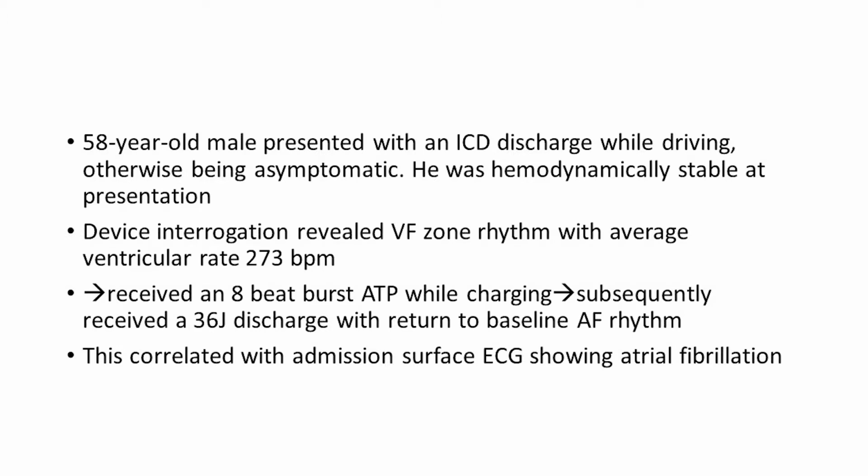The patient was a 58-year-old male who presented to the ER after he had an ICD discharge while he was driving. He didn't have any other symptoms other than his baseline, where he does have some ongoing orthopnea. Otherwise, he was at his baseline for hemodynamics. Device was interrogated. It was in the VT-VF zone. Ventricular rates were 273, and that's when the device, initially while it was charging, gave an 8-beat burst of ATP, did not convert back, and then eventually